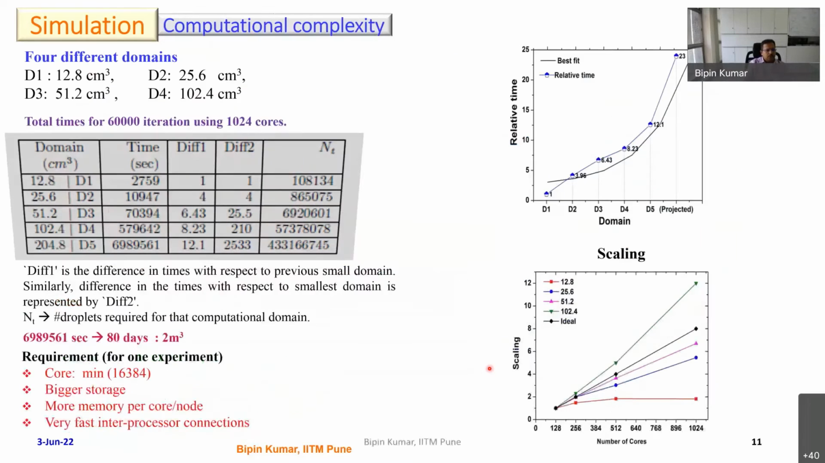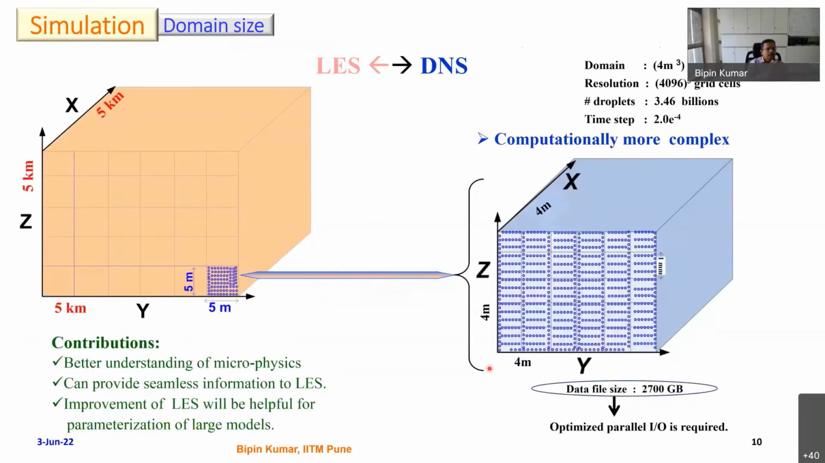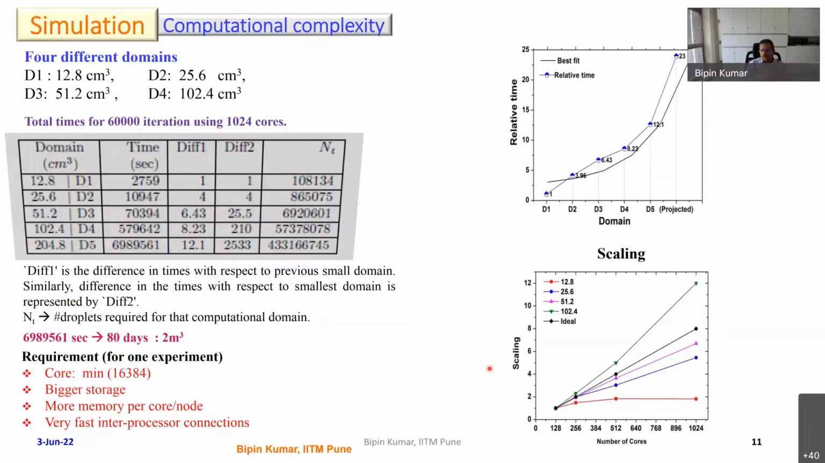Now let me move to how the complexity arises. We did a comparative study on whether we can go to the 4 meter cube or not. We started doing simulations in a 12.8 centimeter cube and went up to a 2 meter cube. We set domains D1 to D5, and then calculated the time for 60,000 iterations using only 1024 cores. It is difficult to get even 1024 cores available for many days, that much HPC time. From D1, a small domain, if we go to the bigger D2 domain, 25 centimeters, it takes 4 times more